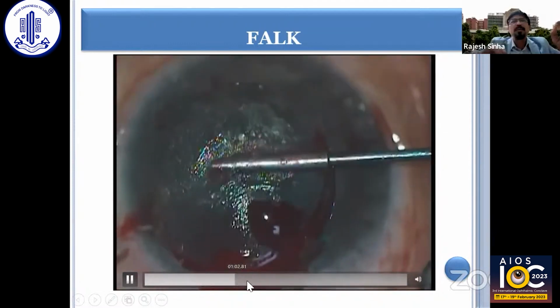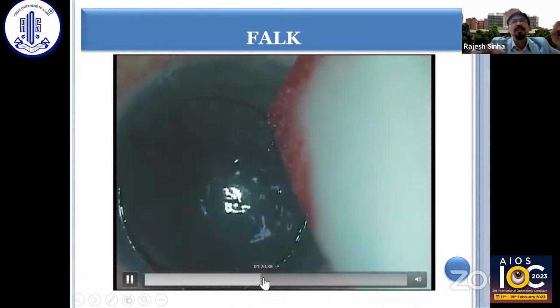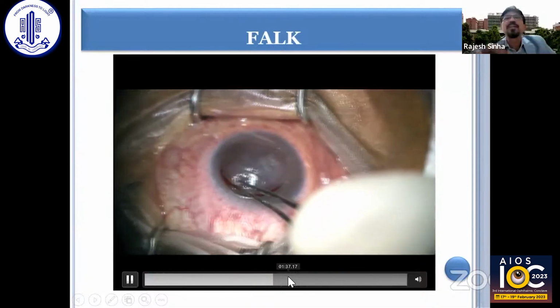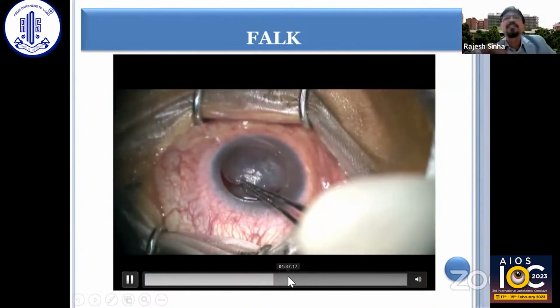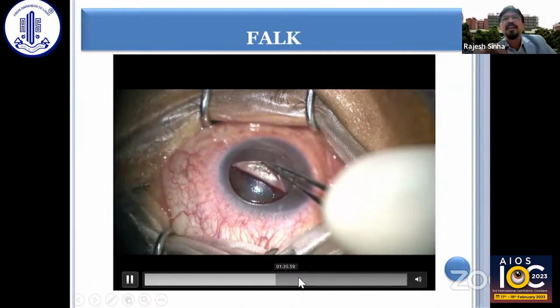And we lift the flap, we remove it, and then we take the patient to the routine OR from the femtosecond laser. The patient has been shifted to the routine OR. As you can see, the superficial part is quite hazy. It is a case of a healed keratitis with some vascularization. That is why there's bleeding. So now this tissue is being removed,